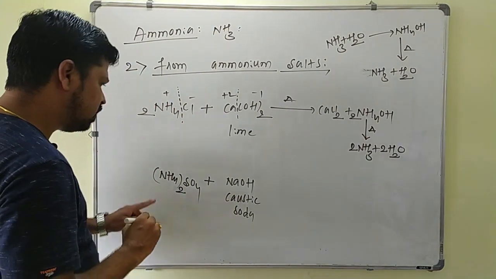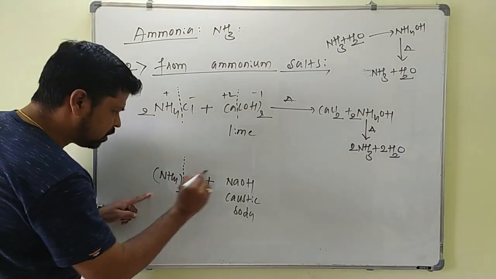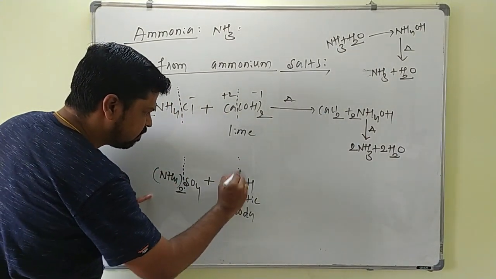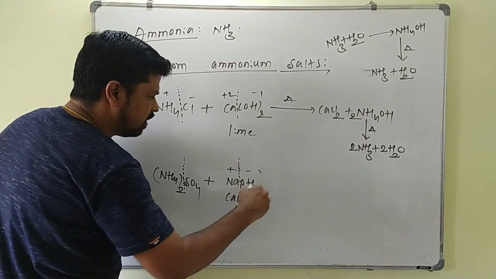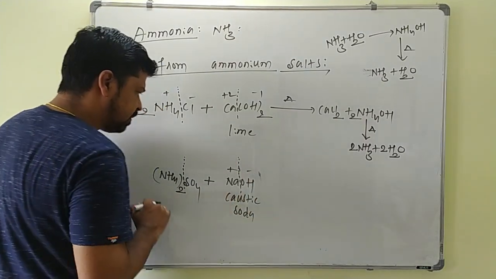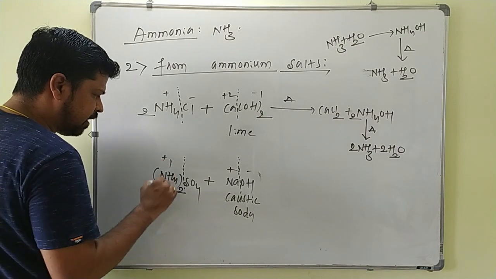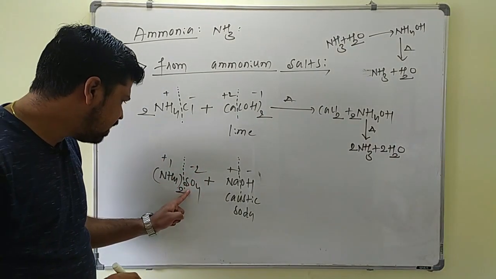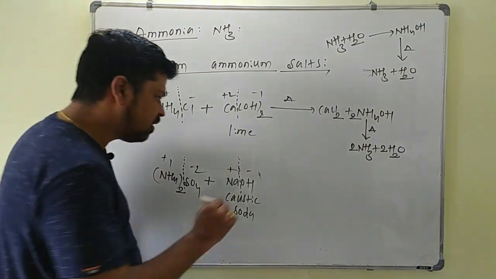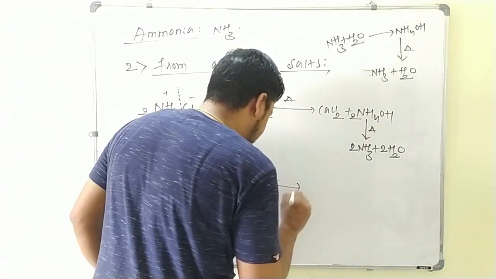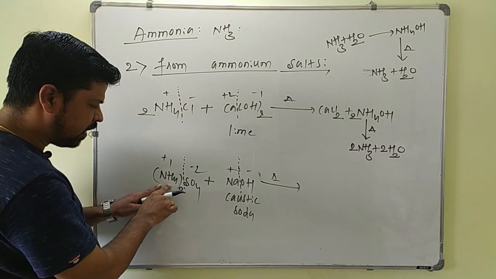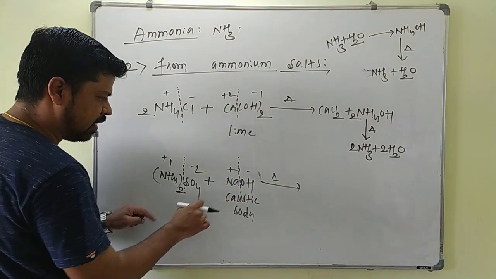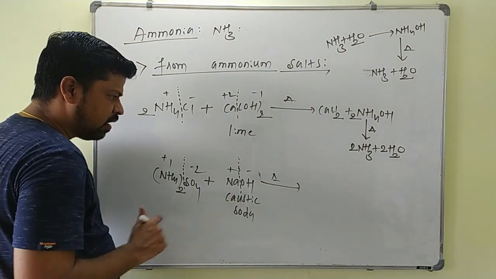Okay. So again you have to split it into what? Positive and negative parts like this. This is plus and this is minus. Okay. Then this is plus 1 and this is minus 2. Plus reacts with minus and this plus reacts with minus again. So this one reaction gives what here? NH4 plus, and this is OH minus. This is what? Na2SO4.